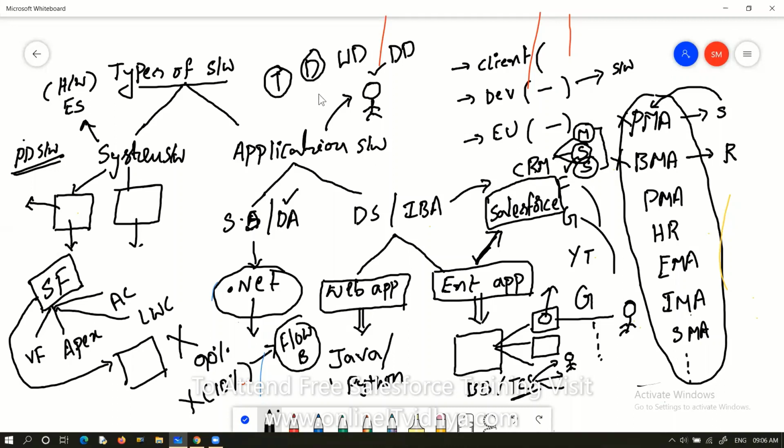Development side means programming languages. Web designing side means UI technologies. Database designing side means you need to learn databases like Oracle and MySQL, with SQL and PL/SQL, these types of languages.